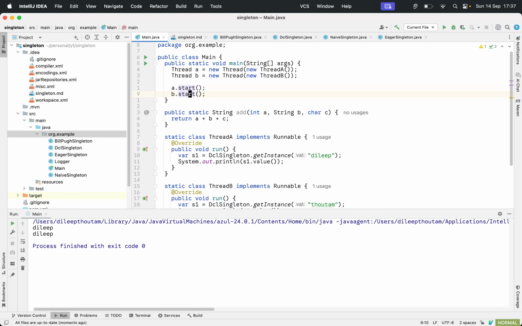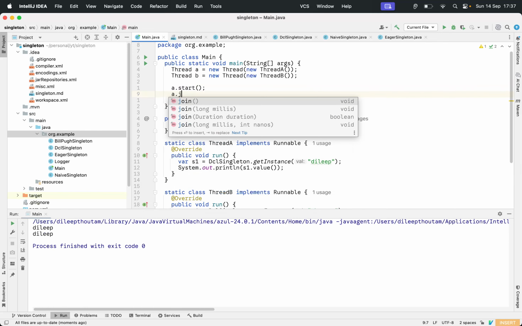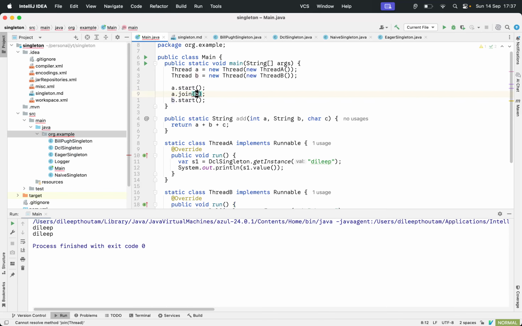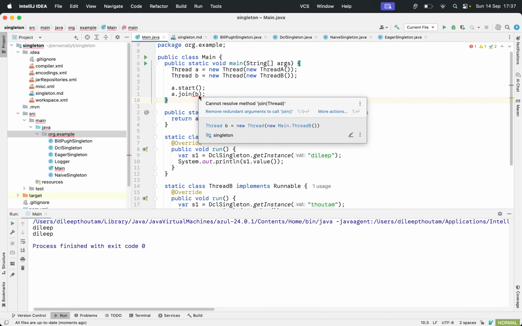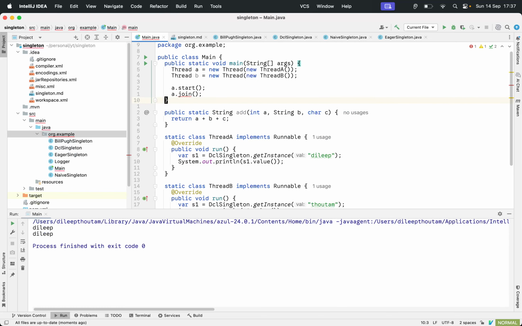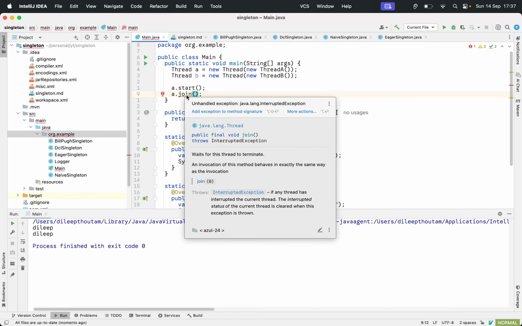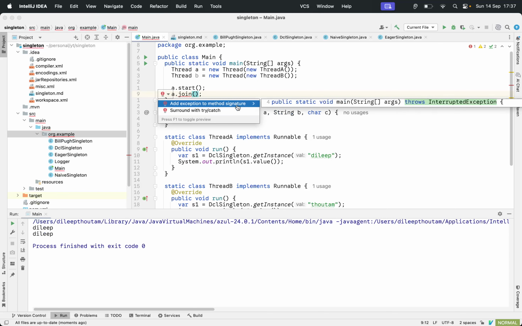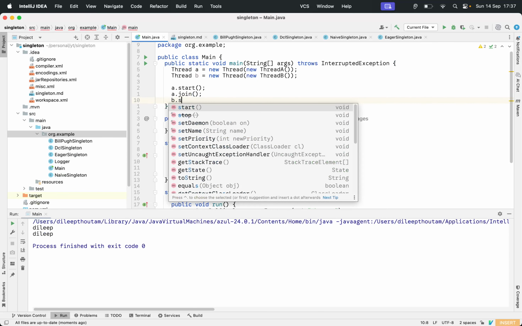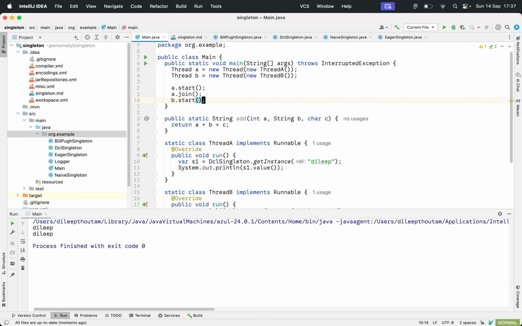Okay, now if I were to write a dot join, b, if I write like this, it will always be Dilip.